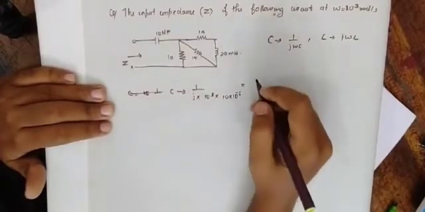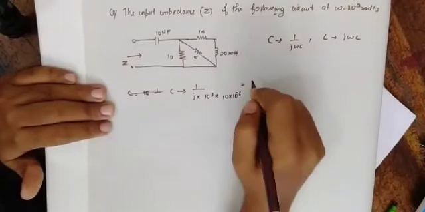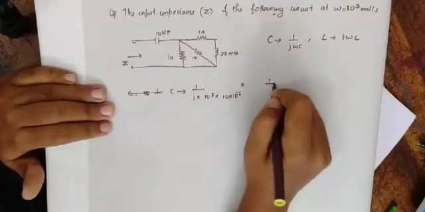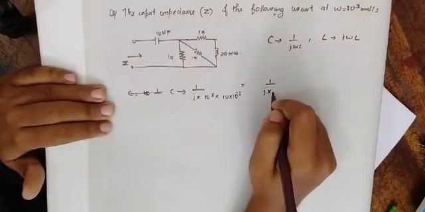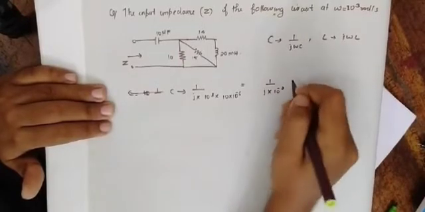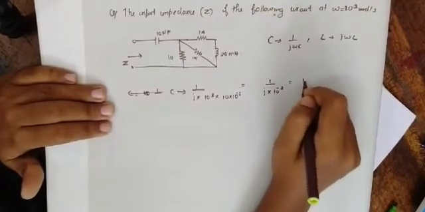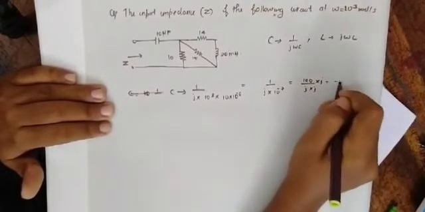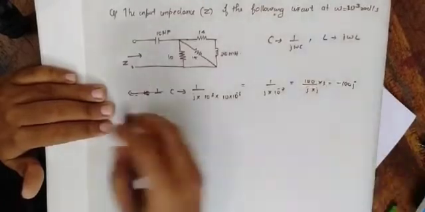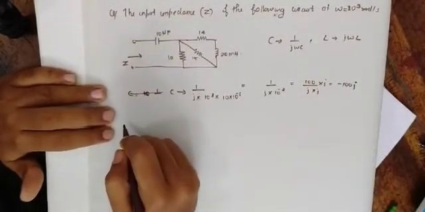So we will get 1 divided by j into 10 raised to minus 2, or 100 divided by j, and j into j will get minus 100j. So capacitor can be written as minus 100j,